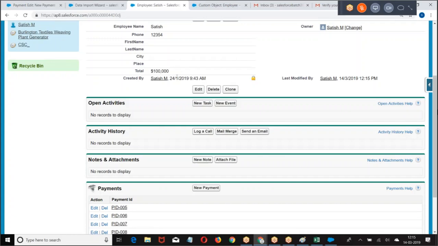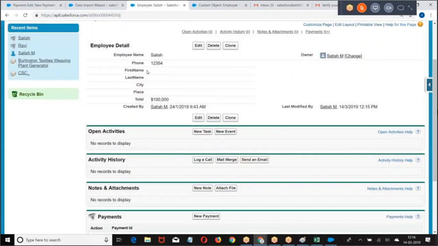Right. We need to go to the amount field and check whether the amount is modified or not. If it is modified, then I have to run my logic. You can make an attempt at achieving this update. Check whether the amount field is modified or not. If it is modified, run this logic.